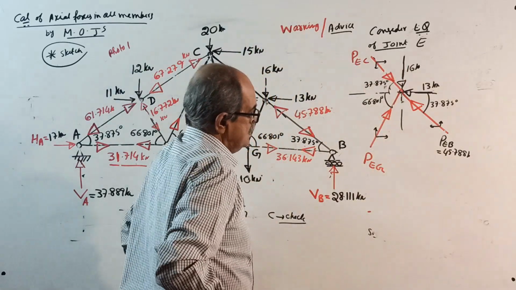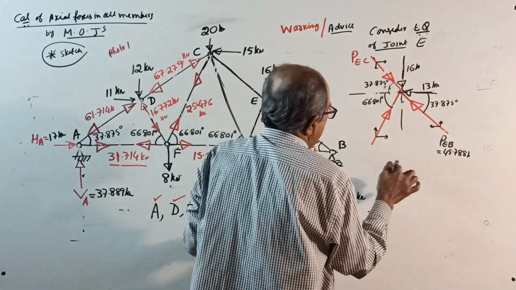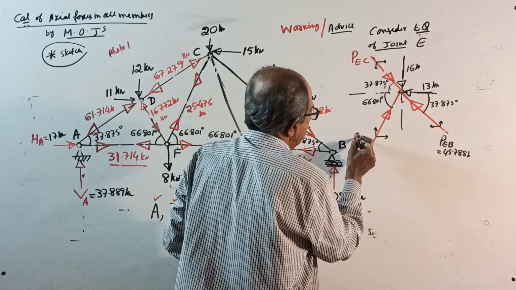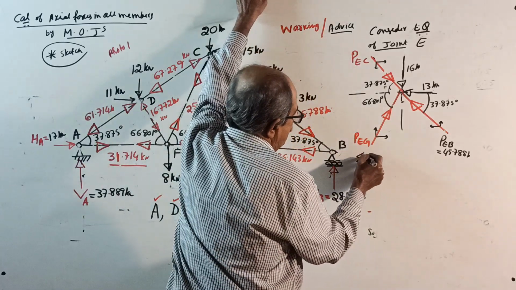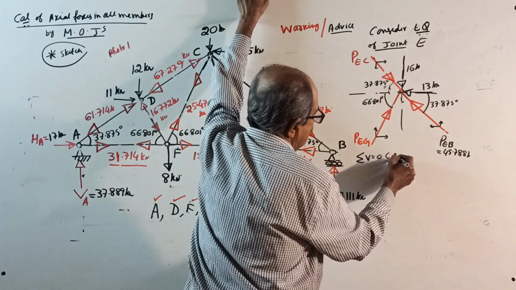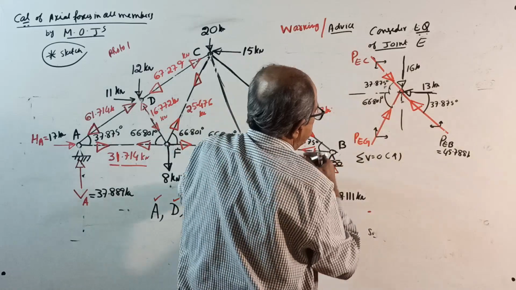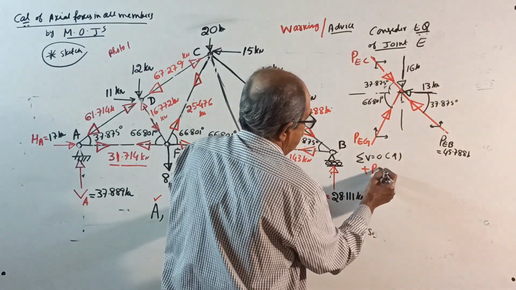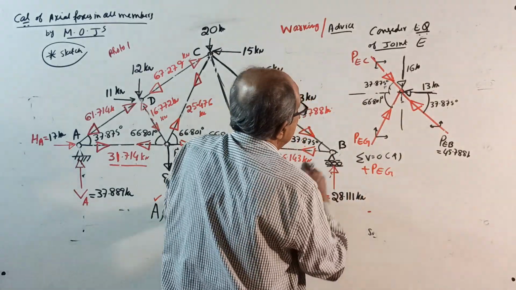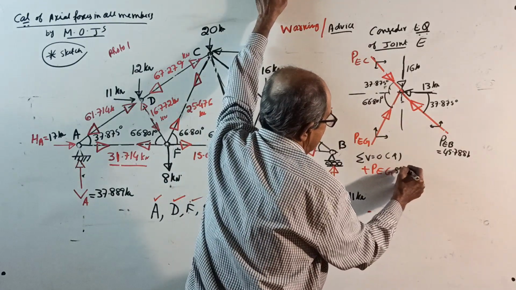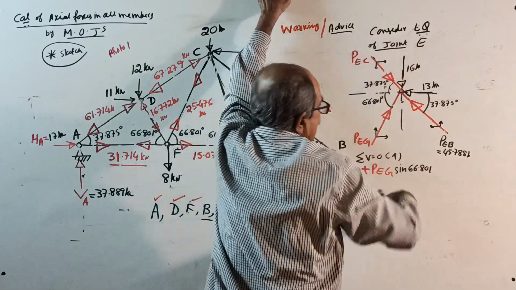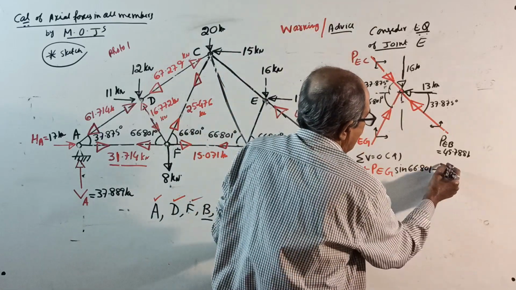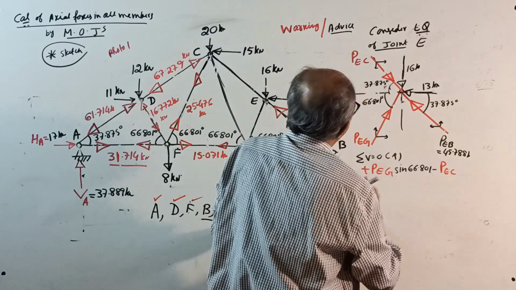Okay. Now start with joint E. PEG, space is not there, so PEG please go on its upper side. Okay, PEG. Sigma V equals 0, take upward positive. See here: plus PEG sine 66.801, minus PEC, unknown values first, minus PEC